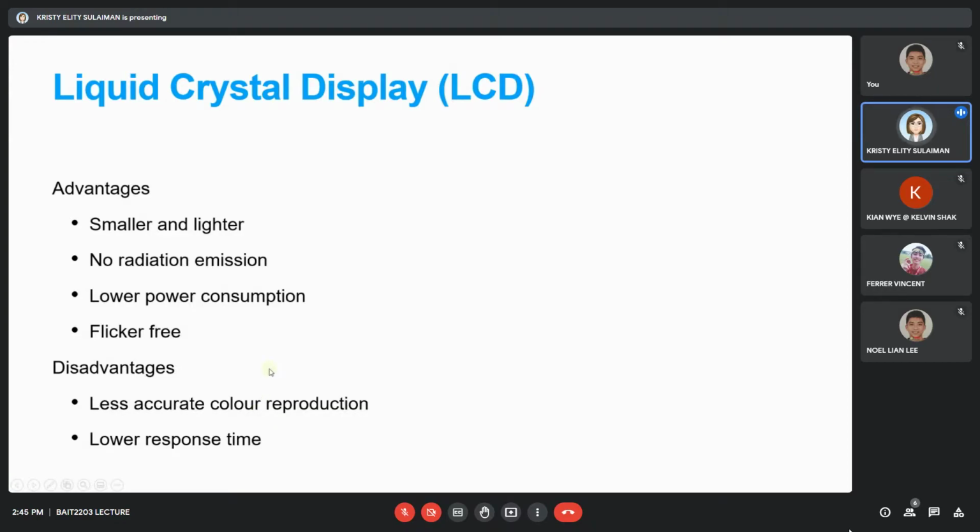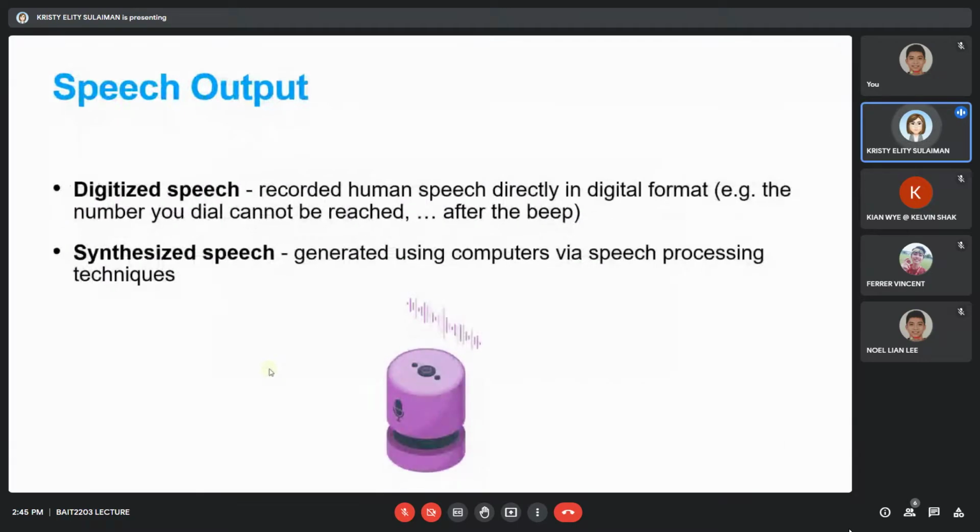So these are types of screens. And then we have speech output or audio output. Okay, so this is a speaker. You have digitized speech, which is recorded human speech directly in digital format. Like for example,